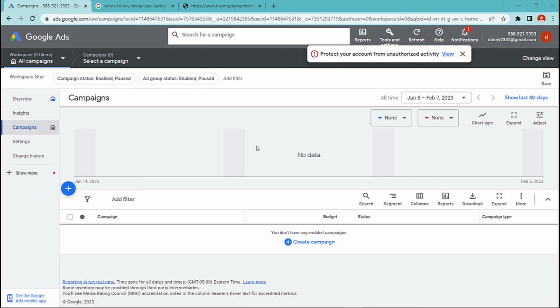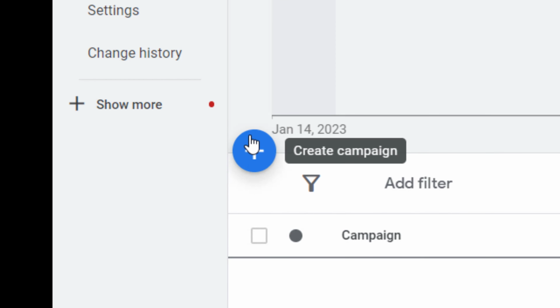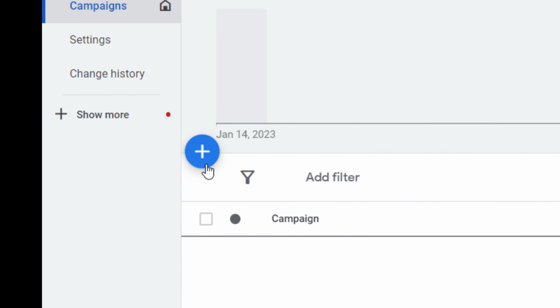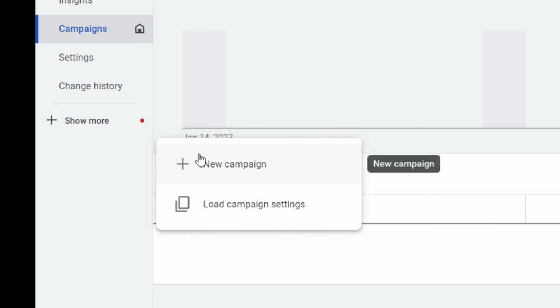If you have already a couple of campaigns, you are going to have to come down here and then click or hit the big blue plus sign, and then hit new campaign.